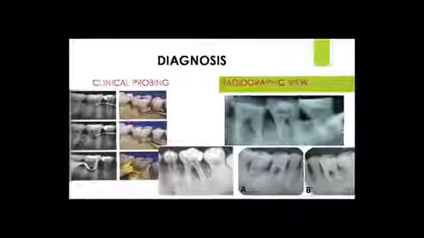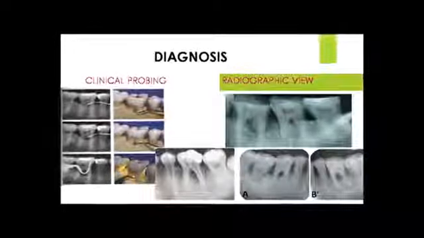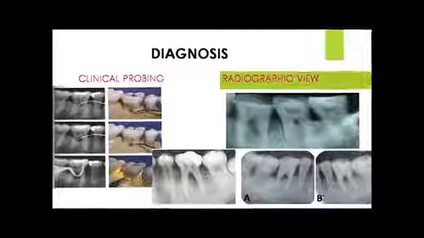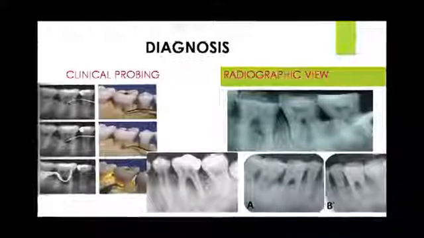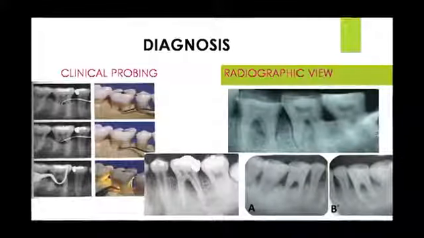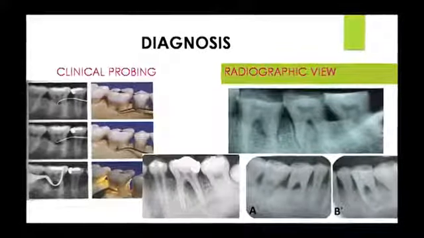So, after knowing a little bit of the challenges or the basic anatomy or structure of the furcation area, now we should know how we should diagnose this. There are basically two common and available methods of furcation diagnosis. One is the clinical, and two is the radiological.